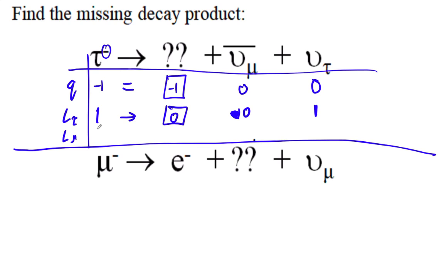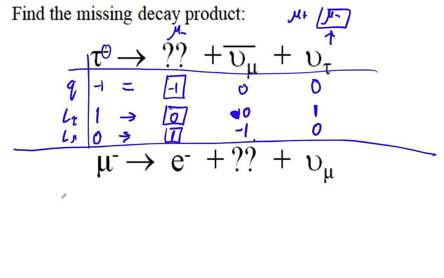Okay? So now let's look at the muon number. This is 0 for muon number. This is -1 for muon number. This is 0 for muon number because it's not a muon at all. It's a tau. So what does this guy have to be? It's got to be a muon. So what muon has a charge of -1? Well, there are only 2 charged muons. There's the mu plus and the mu minus. This guy is the one. It's got a negative charge, and it also has to have a positive muon number. So it has to be this guy. So that's the answer. That's a mu minus.